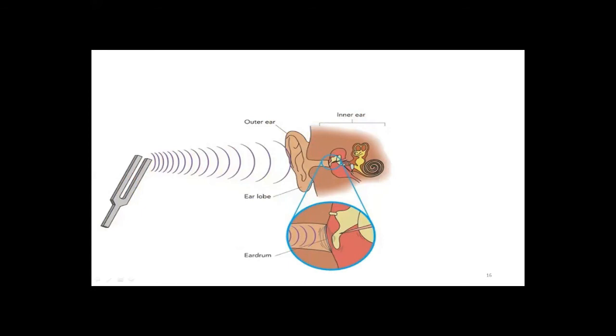Now, this is the inner structure of the ear, and this picture shows how we are able to hear any type of sound. This content is not present in your chapter, but for your knowledge, this is how the ear is able to hear the sound. The three main parts of the ear: outer ear, inner ear, and middle ear, help us to hear the sound.